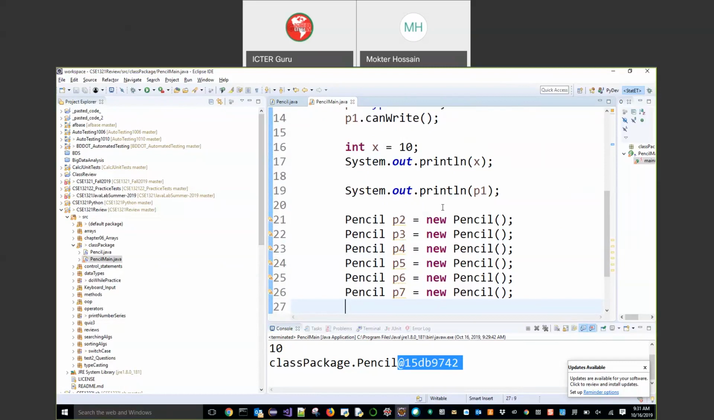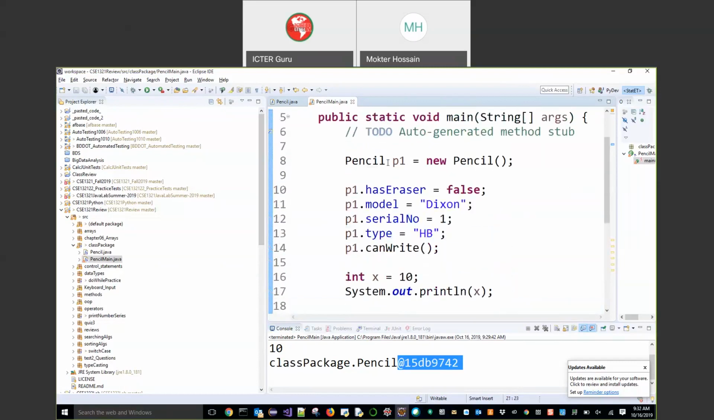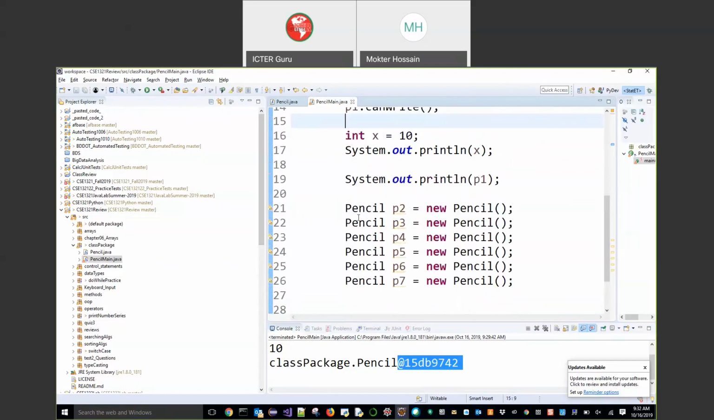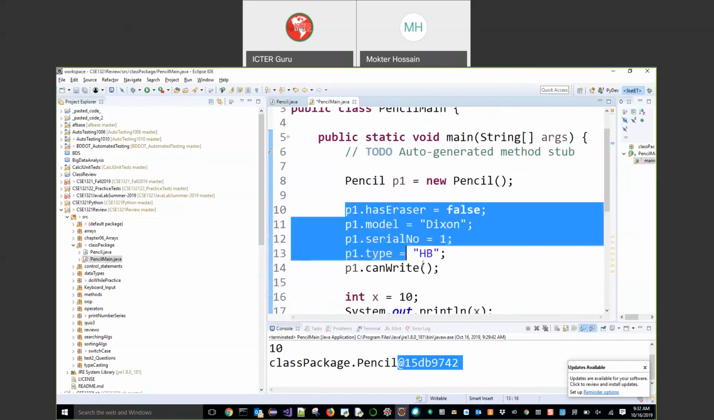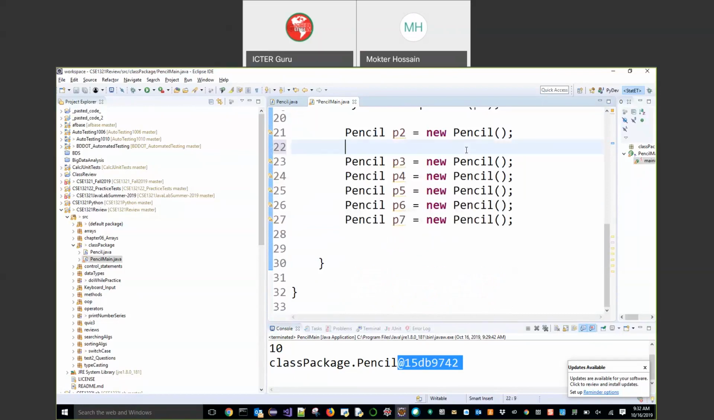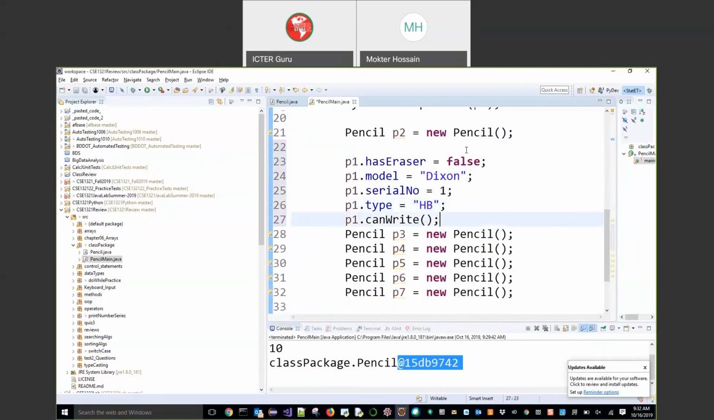Now remember that I have assigned values only for the P1 pencil, the first pencil. I have not defined attributes or values for the other pencils. So we will use a similar fashion to define the features for the other pencils. For instance, let me copy this and put this code here. If I say again P1 has eraser false or true, then it will overwrite